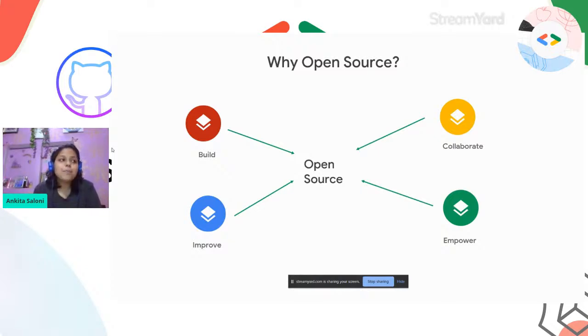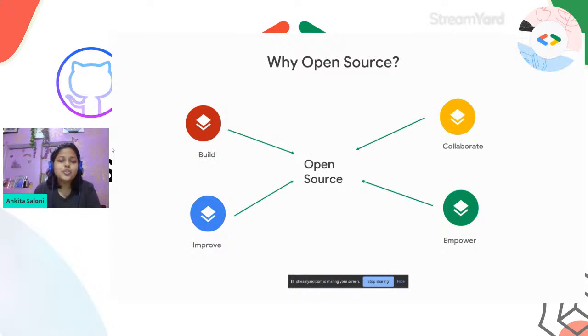Let us assume that there is a person X who's currently building a machine learning project, and you are a beginner in machine learning. You want to see what the people are doing. So you came across person X's project and you like it.